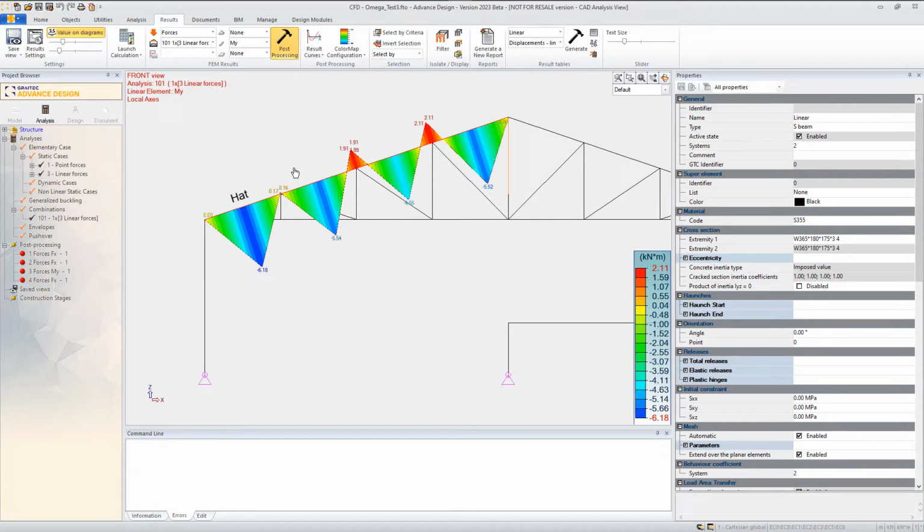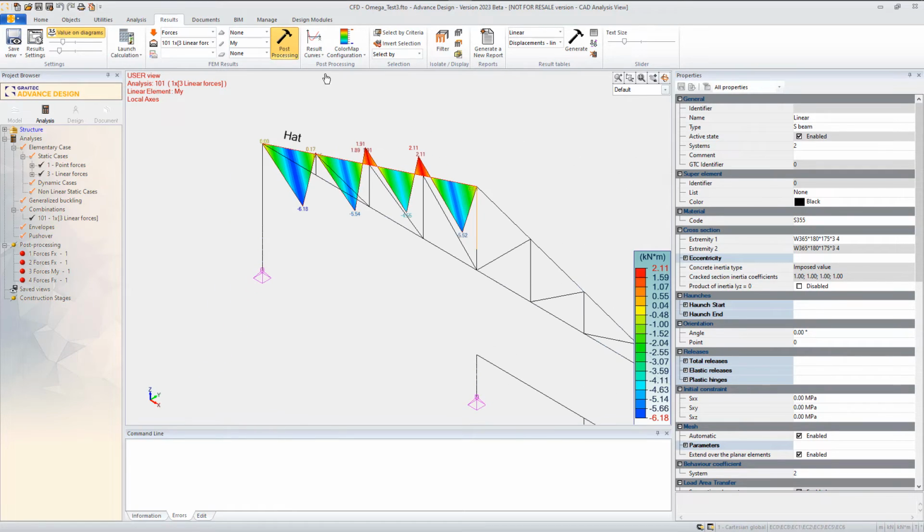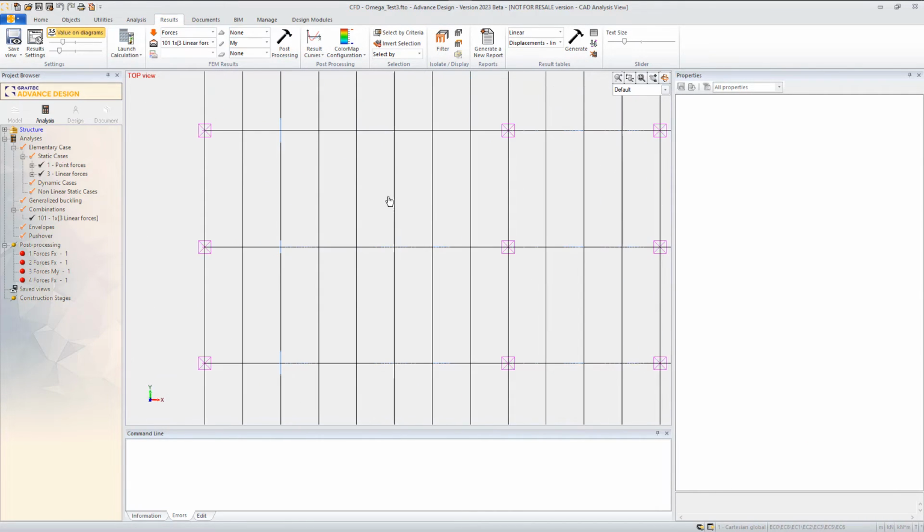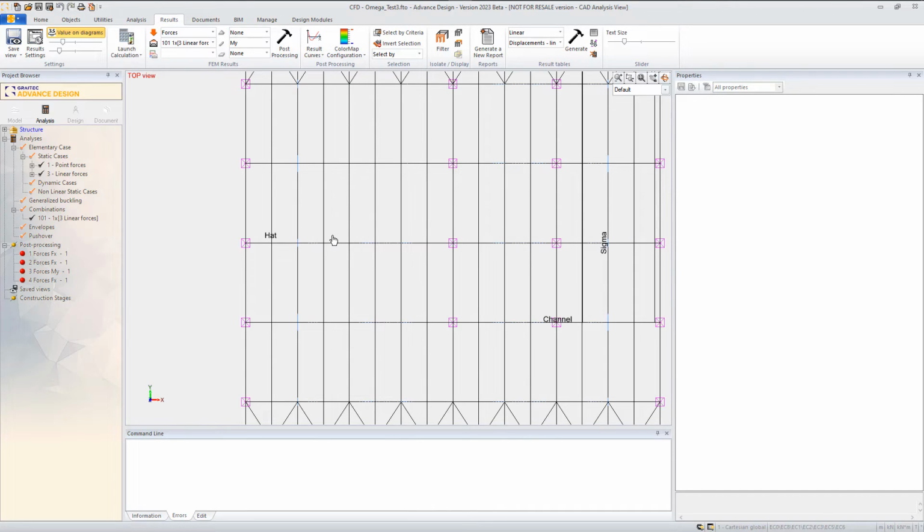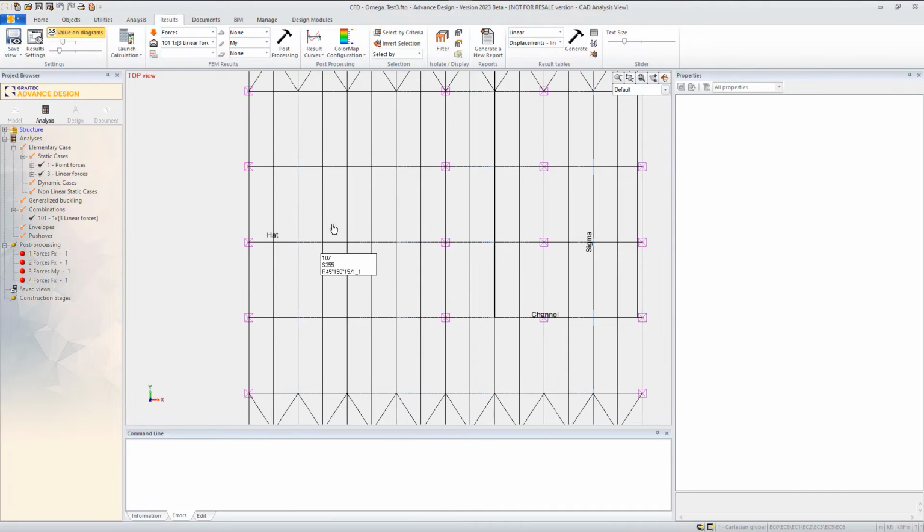So because I have compression and bending, I can expect the critical check to be about compression plus bending with the buckling effects and the lateral torsional buckling effects. And in order to help with these checks, what I can do is define some restraints to help with the out of plane buckling and to prevent the twist of the section. And to do that with a cold-formed section,